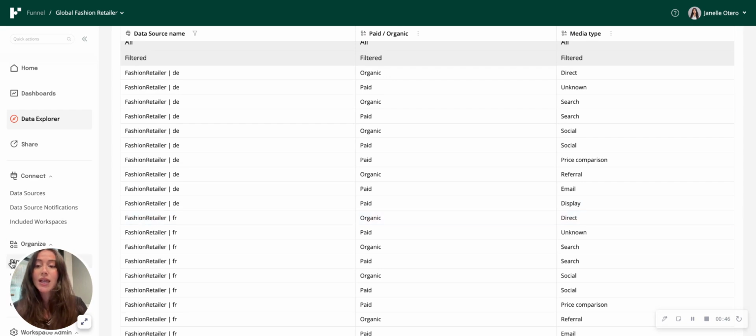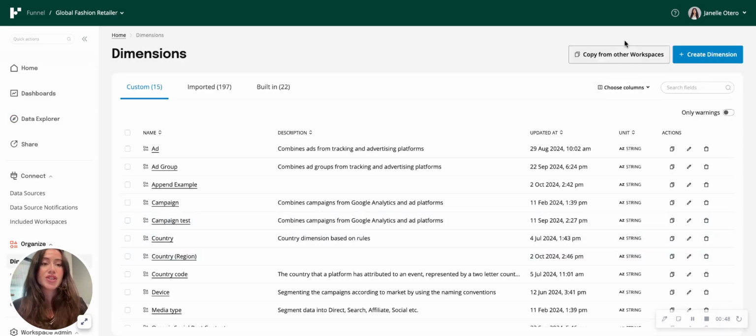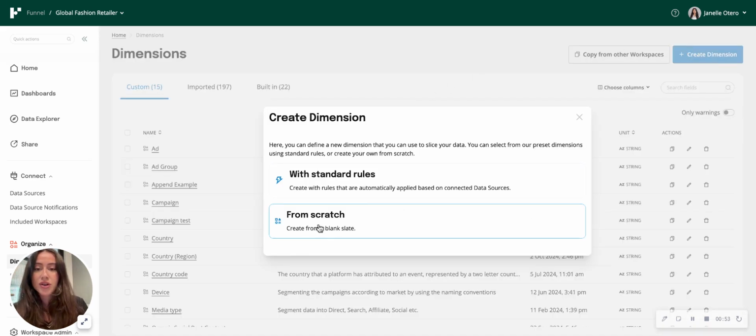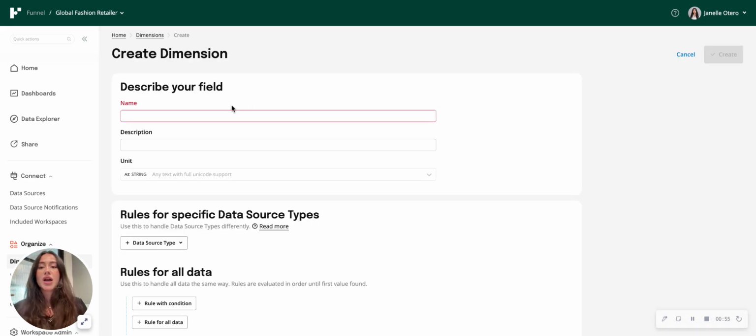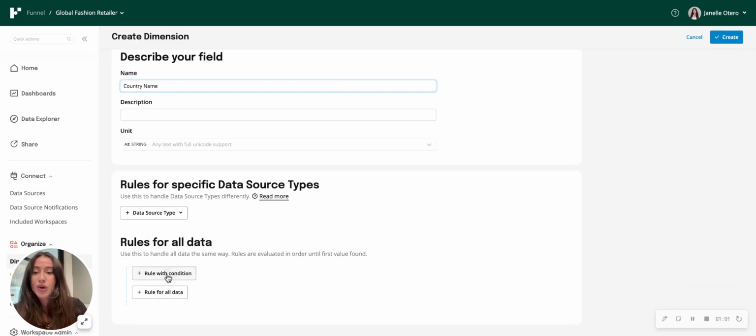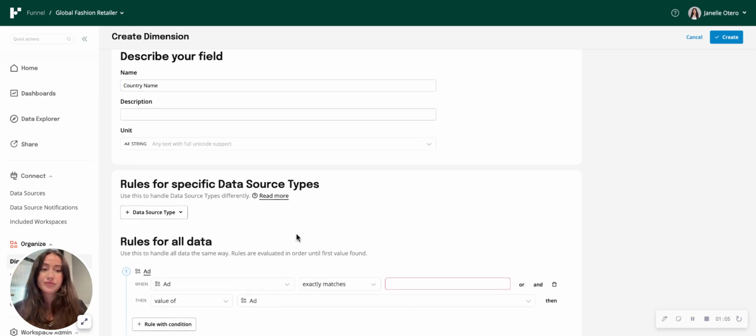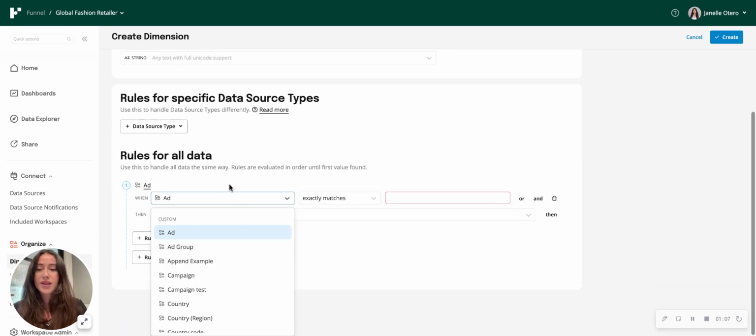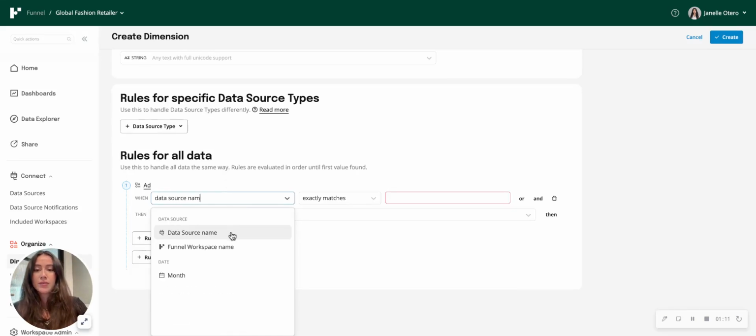So we can go ahead and do this by jumping into the Dimensions tab and clicking on Create Dimension from scratch. And we can call this country name. And then we'll scroll all the way down to Rules for all data and click on Rule with Condition. And then we can have it be when data source name